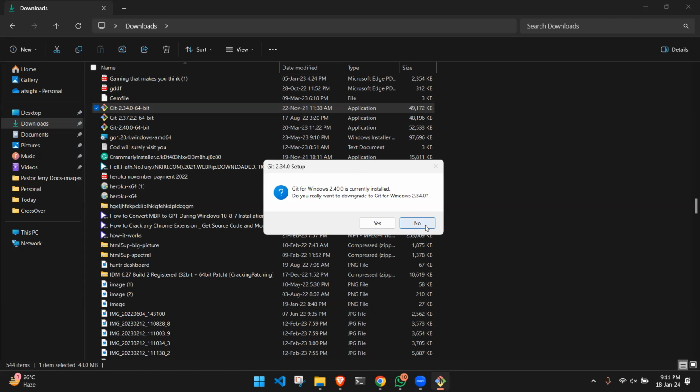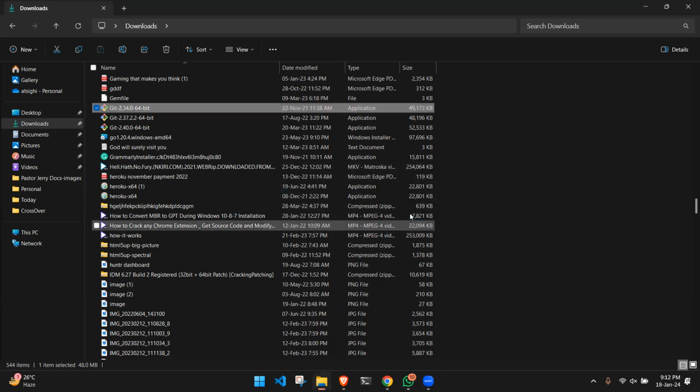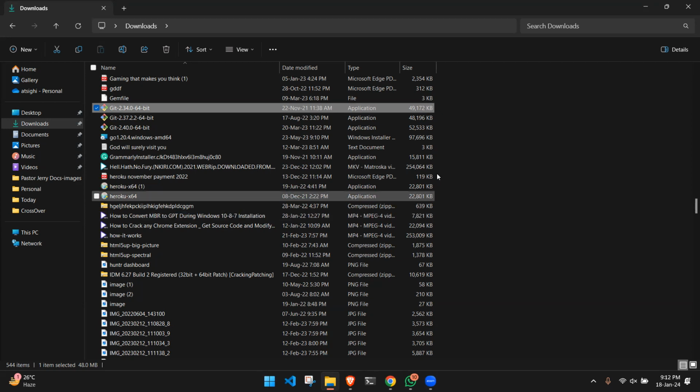So I'm going to cancel out of this process, but all you need to do is select yes, yes, yes, and most of the options are already pre-selected for you in the process. So you just need to select next, next, next, next, next. It has a lot of pages because Git needs a lot of permissions from your PC. So there are a lot of questions you need to answer, but all you need is yes, yes, yes, until you get to the page where it would ask you if you want an icon on your desktop. If that's what you want, you select that you want an icon. If that's not what you want, then you just leave it unchecked and you move to the page where you would install it. Now, the moment you complete that installation,